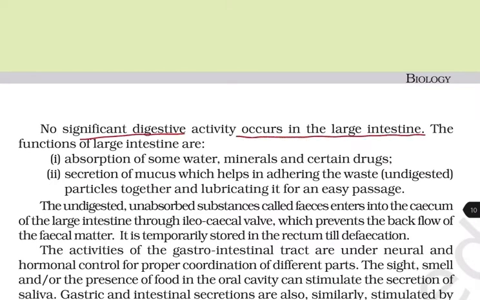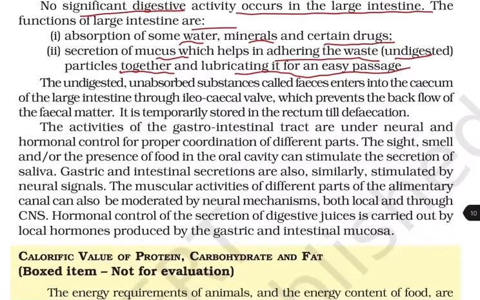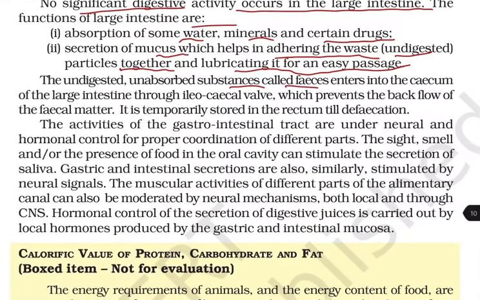No significant digestive activity occurs in the large intestine. The functions of the large intestine are absorption of some water, minerals and certain drugs, and secretion of mucus, which helps in adhering the waste, that is undigested particles, together and lubricating it for an easy passage. The undigested, unabsorbed substances called feces enter the cecum of the large intestine through the ileocecal valve, which prevents the backflow of the fecal matter. It is temporarily stored in the rectum till